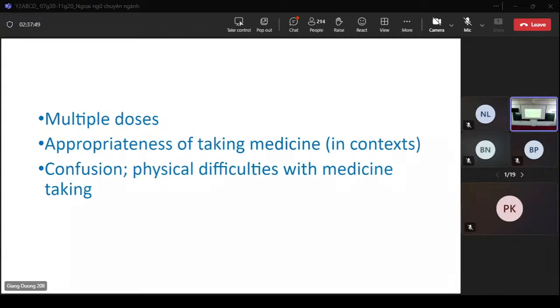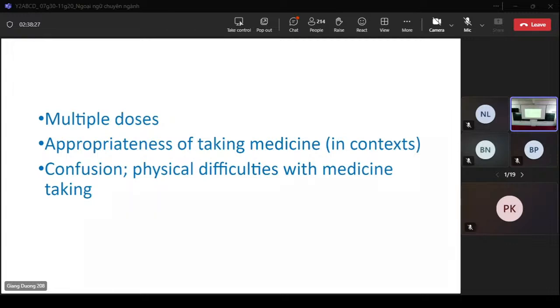For example, bedridden patients, những người bị ốm liệt giường chẳng hạn, thì đó là physical difficulties. They cannot take medication by themselves. They need supports from next of kin, from healthcare professionals. All right? Or confusion. Oh, today I'm taking 2 kinds of medication. The tablets look like each other. I may take 2 tablets of the same medication by mistake. Confusion, nhầm lẫn, đúng không?